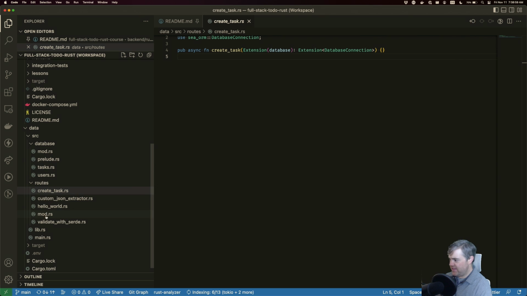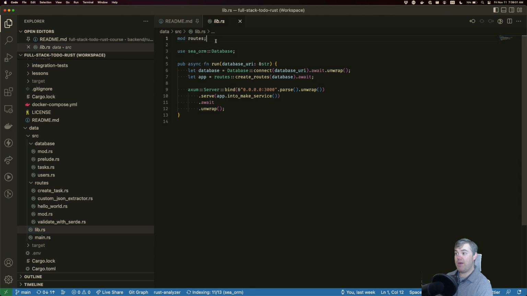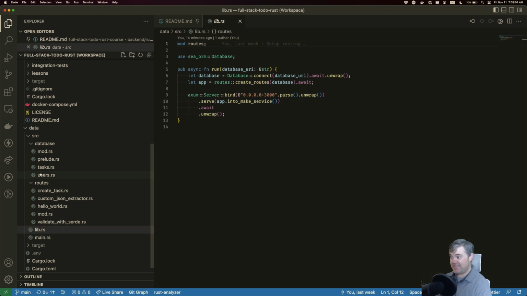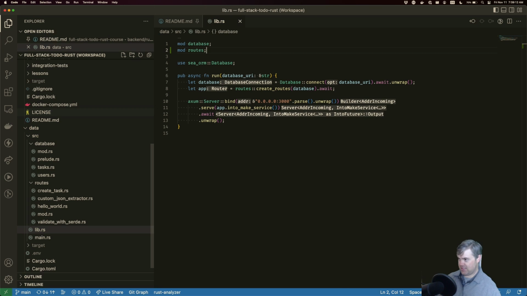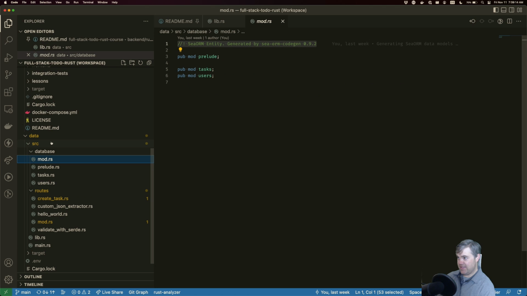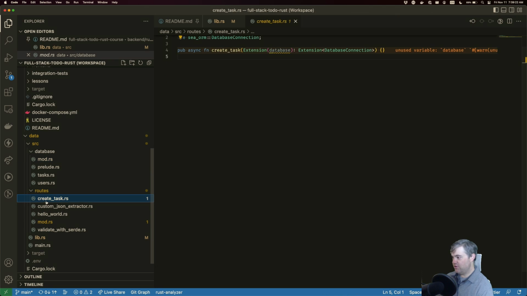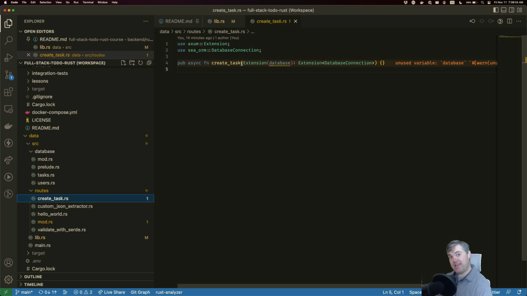This database, we first need to mod it because our program, Rust Analyzer, Rust, isn't aware of database at all in any way. So we're going to mod database to begin with. That's going to load up this file, which then is going to bring in everything that we need. Okay, back to create task. We need to create an active model,